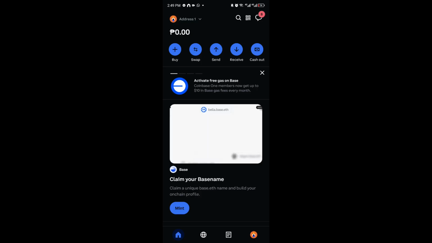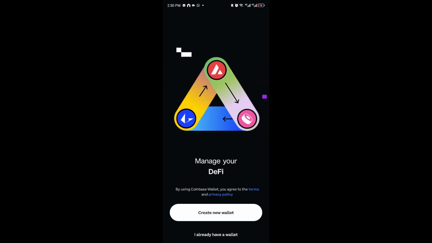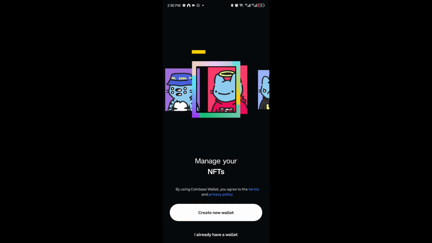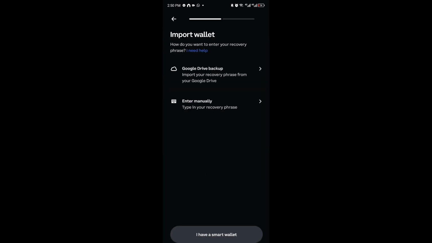Now what if that's not the case? As an example, I'll just go ahead and log out of my account right here. Well, now that I'm inside the login page, all you have to do is click on I already have a wallet. And in here we basically only have two options, which is to enter the recovery phrase manually or to use the Google